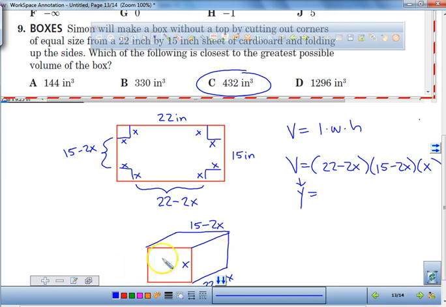By the way, why would somebody need to know how to do this? If you're shipping things and you wanted to create something with the least amount of material and have the most volume with the least amount of material, this is how you would do it. You would figure out, oh, this is what we need to cut it to so we have the maximum volume out of this box. What are the college schools